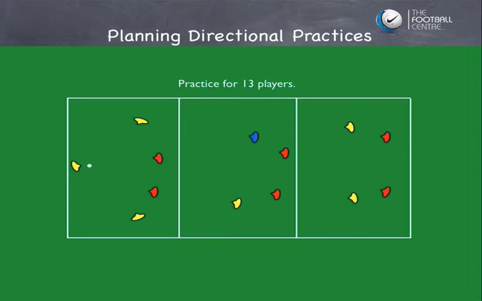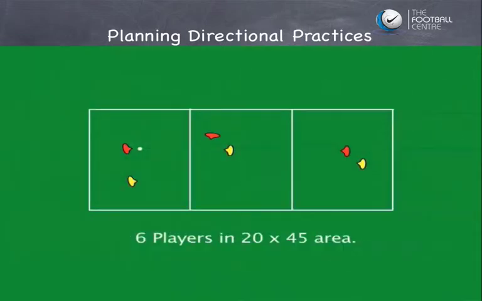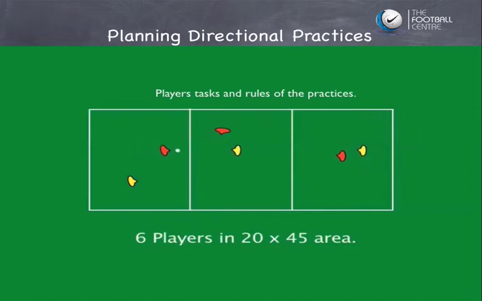Just remember to adjust the size of the areas to suit the ability of the players, and it's much better having too much space than not enough. Starting with the practice for 6 players, the red player in possession takes the ball into the middle section to make a 2v1 situation. The other red player tries to get level and outside the yellow defender, so if a